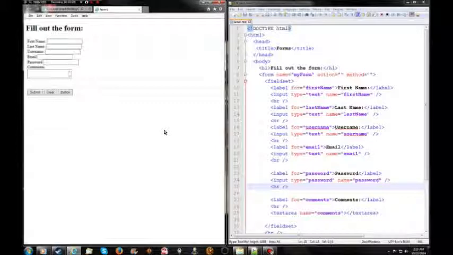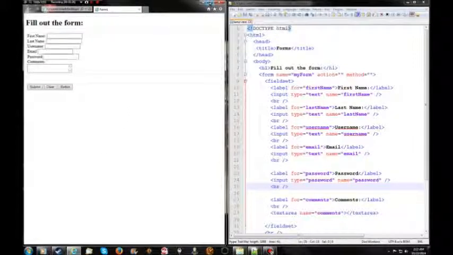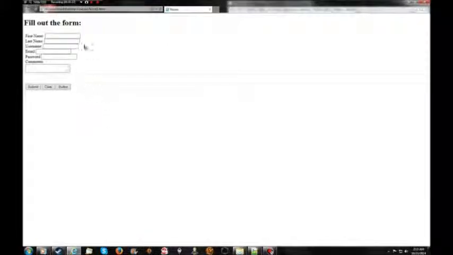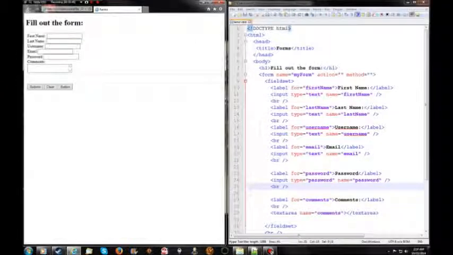talking about forms. We're also going to be talking about forms in possibly the next video. In this, I'm just going to give a basic run through of your basic form fill out. You may have noticed here, I already got set up. I'm going to talk about labels. I'm going to talk about text boxes. I'm going to talk about password text boxes. I'm also going to talk about larger text boxes, also called text areas in HTML, and also buttons. So let's get started. I already have it filled out here,